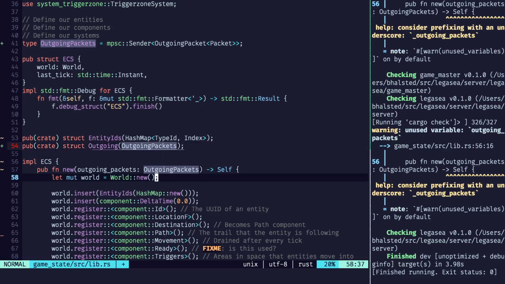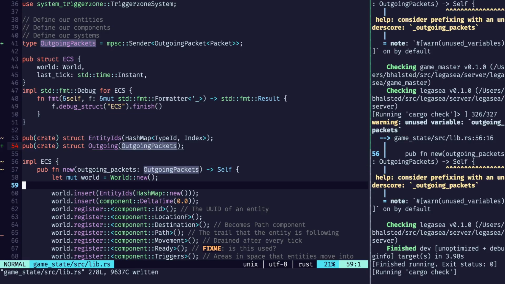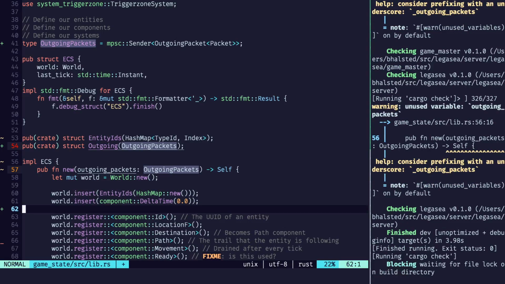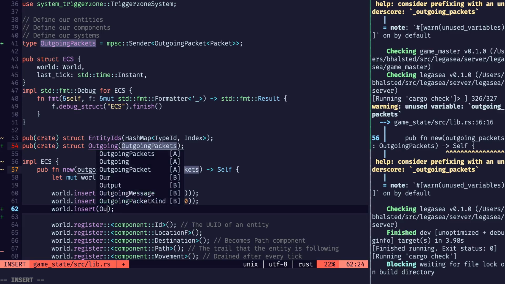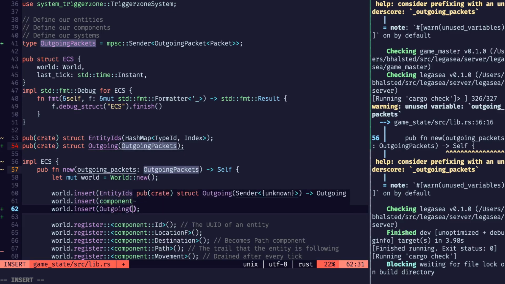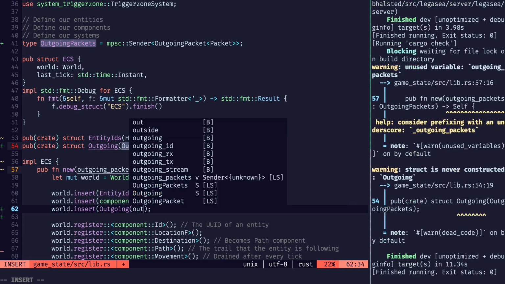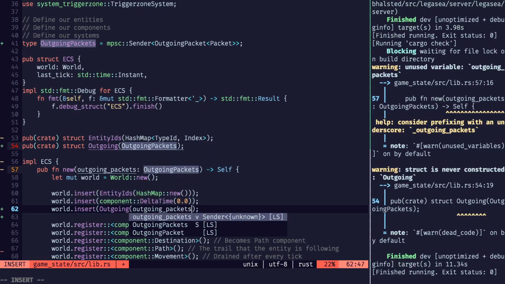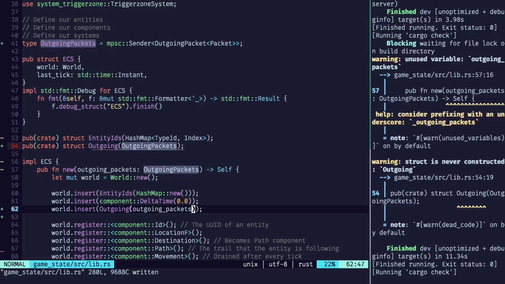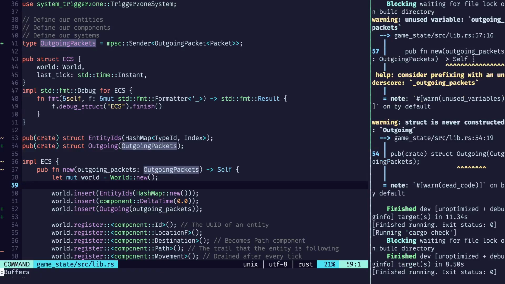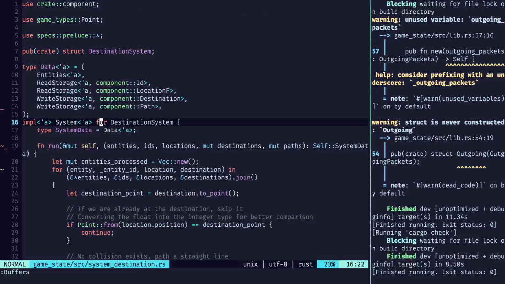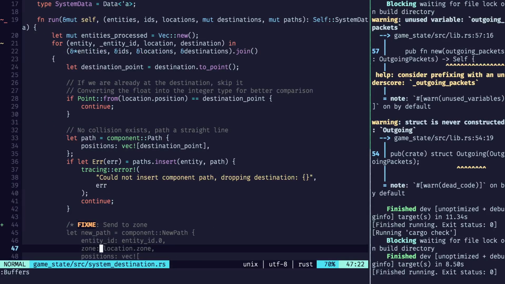Do one of those. Create a new one of these with outgoing packets in it. Okay, now that'll be available to all of the systems and they can send those packets out as they need. So now if we go back into system destination,